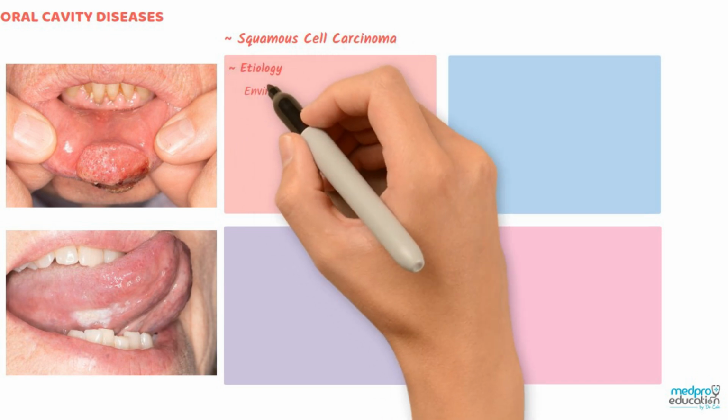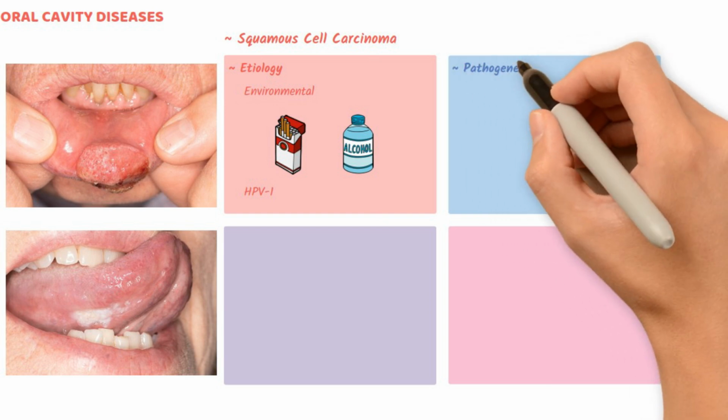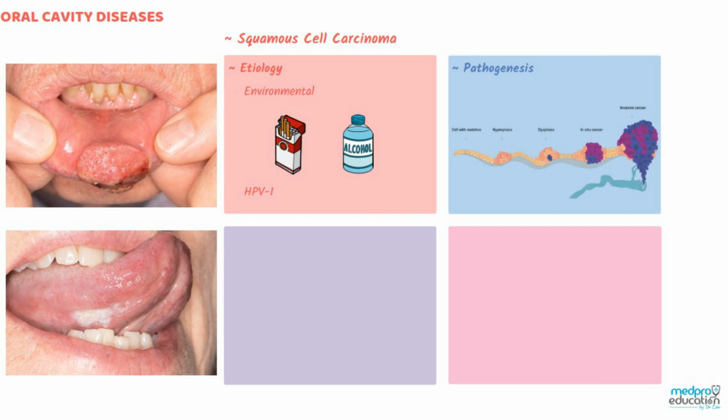Etiology: primarily environmental. Tobacco and alcohol are the major risk factors acting synergistically. HPV is an emerging cause for oropharyngeal cancer. Pathogenesis: carcinogens in tobacco and alcohol cause cumulative genetic damage and mutations in squamous cells, leading to uncontrolled growth from